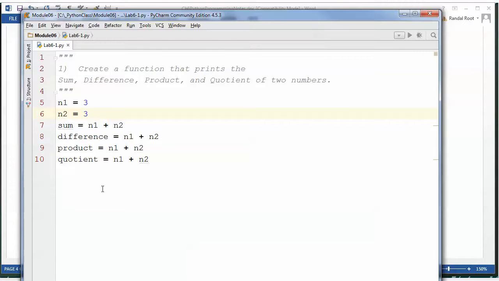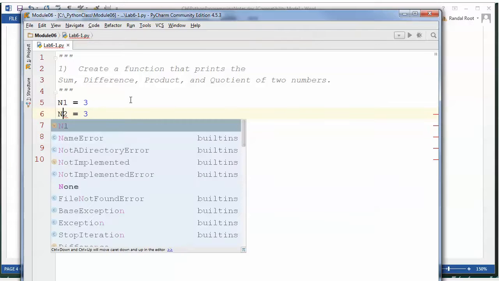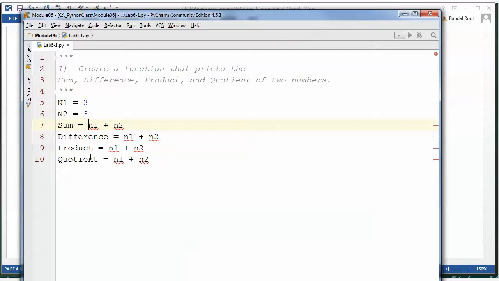Now there are naming conventions that you can use. Right now I started off with lowercase. I've lowered them all. I could also go back and make them all uppercase. It makes no difference, but I should be consistent if I do this. So if I do this, I probably should make this one uppercase, and I should also make these uppercase. Consistency is the most important thing about it. And the only problem is I renamed this, so